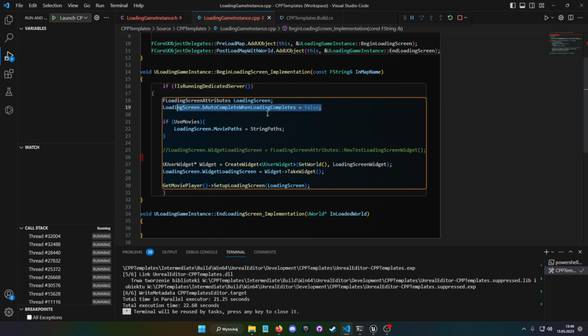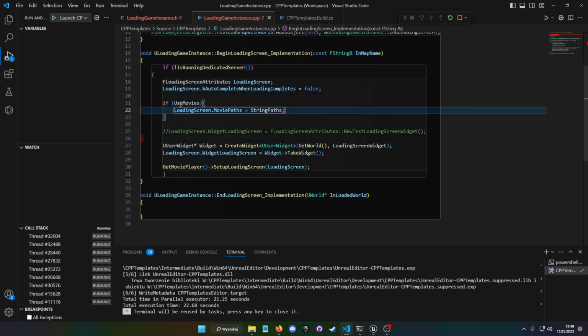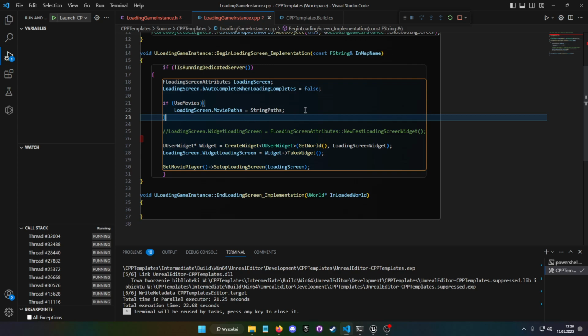Then we set AutoCompleteWhenLoadingCompletes to false. For whatever reason, I admit I don't know what that does, but the resource said to do that and it's working fine, so whatever. And this is basically a check: if we are using movies, then we add the movie paths to that screen attribute.